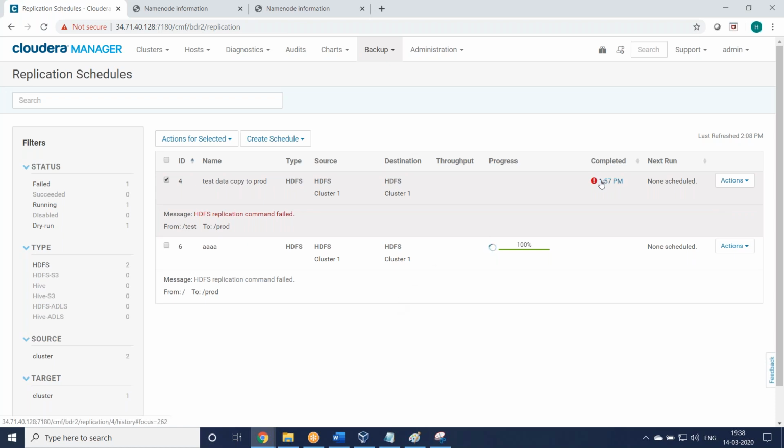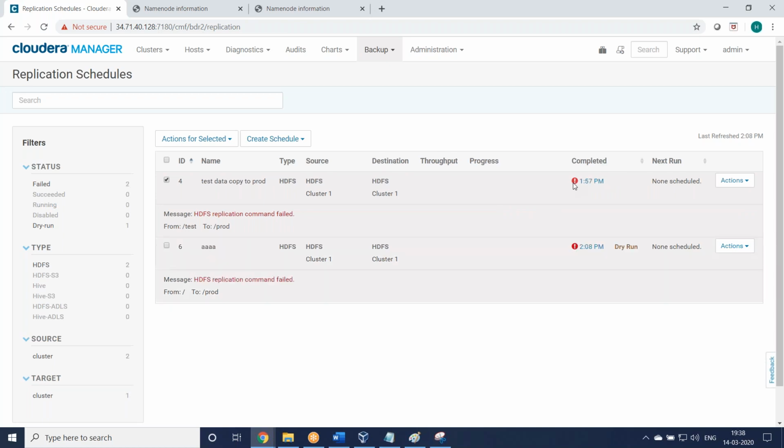That's the reason it is failing. But generally, whatever the steps we did, that's correct. There could be some different reasons, some configuration or some problem maybe. You know, some other issues may happen because we installed the cluster, right? Some configurations may require fixing the issue. But generally, this is the way to create your replication schedules.